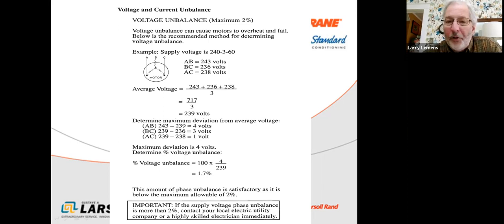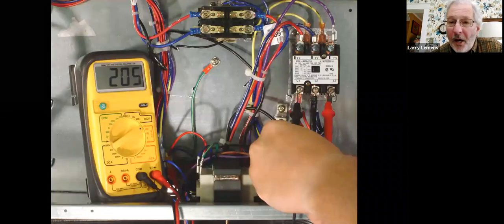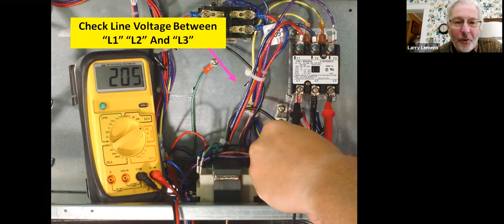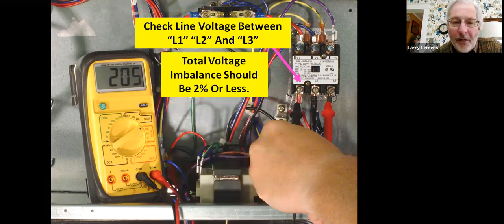So, voltage imbalance is very crucial on a 3-phase system. Make sure that, especially if you're losing compressors, you take a look at it. So how do we do that? With the system running, we want to take a voltage, L1 to L2, L2 to L3, and of course L1 to L3, to find out what the three voltages are. We're looking for 2%